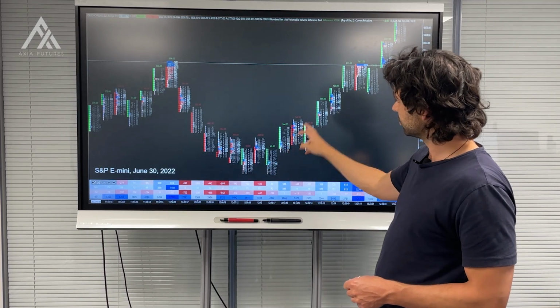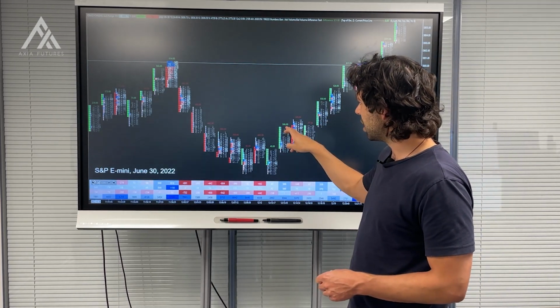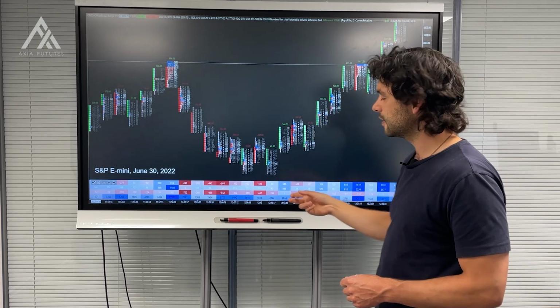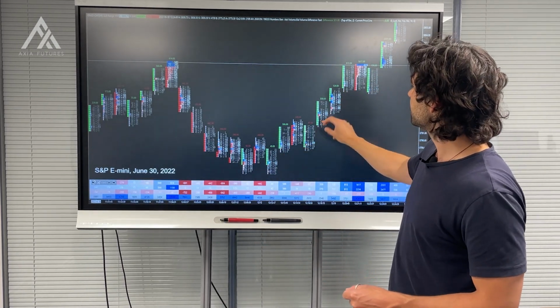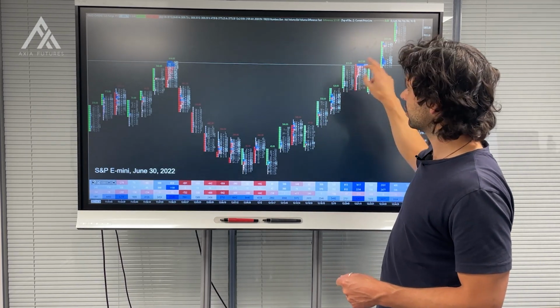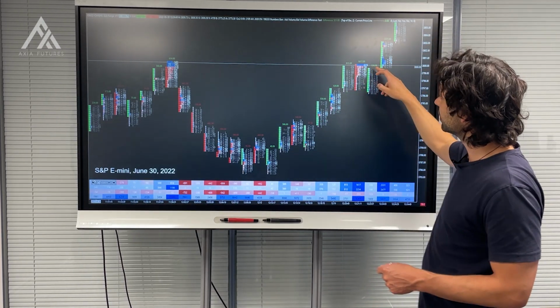Now the market sort of starts to bid up again. You've got some buying here. The market has some selling, but that selling is absorbed and it's making a lower high. And then some more buying continues to come in. The market goes back to the iceberg. You see up at the iceberg here, another